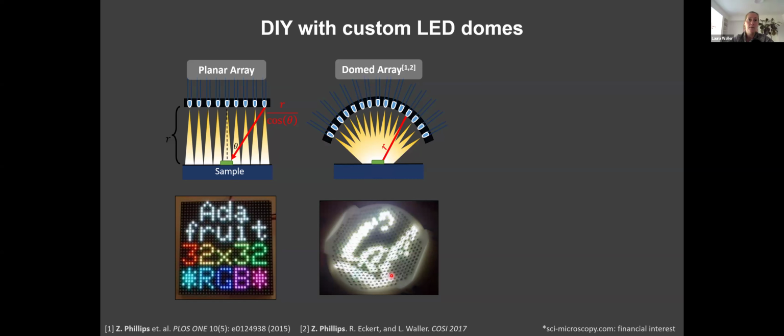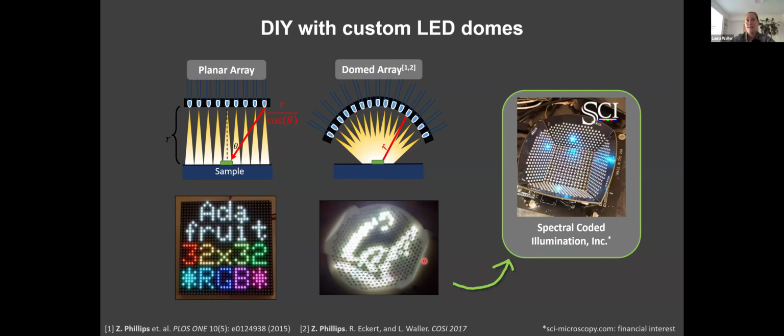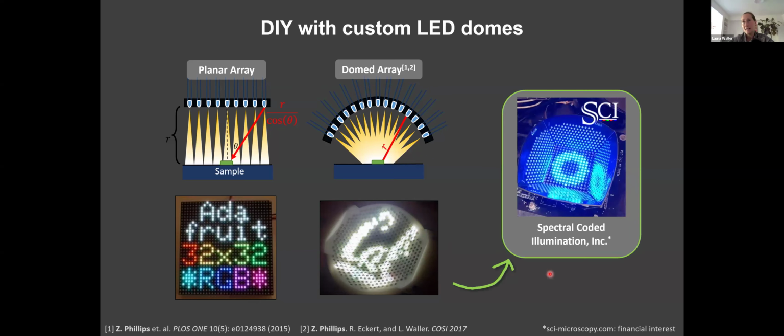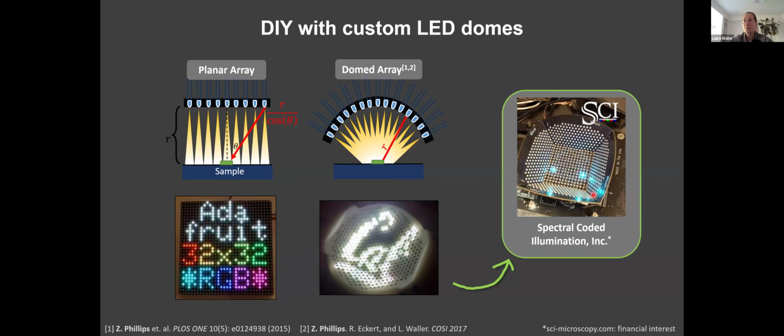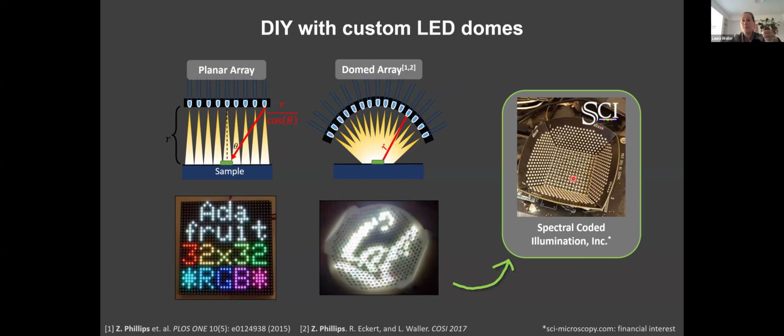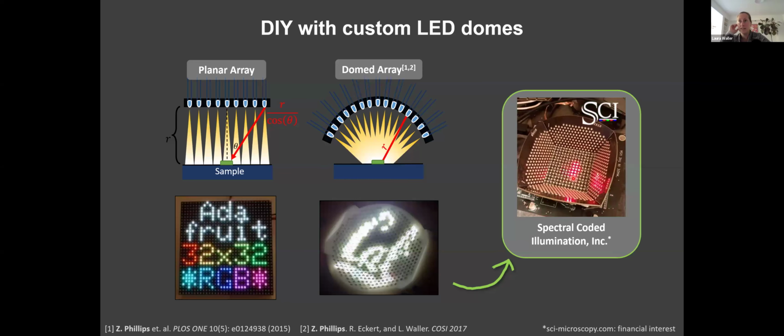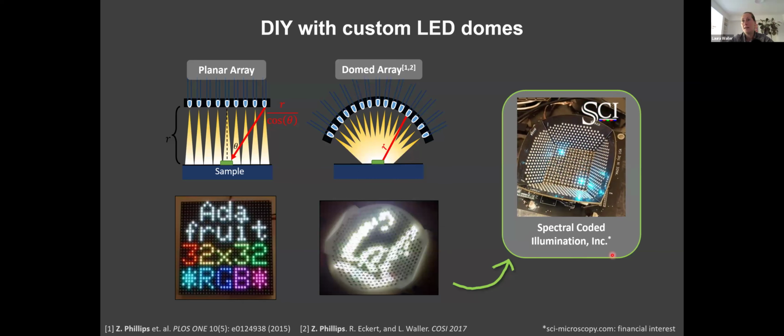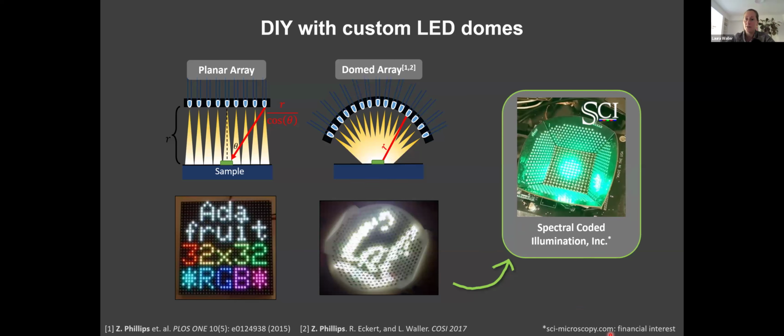This was the first 3D printed LED array dome. It was hand soldered, every single LED. Zach did that within a few months of arriving at Berkeley, and then realized that he didn't want to do that anymore. So he started mass producing them on these printed circuit boards that we outsourced the manufacturing of. These have adapters that can click directly into the condenser unit of most bright field microscopes from big companies. So we have a small startup company that basically just buys these in bulk and sells them off one by one. So if somebody wants to try this kind of approach, you can get going really quickly and easily,